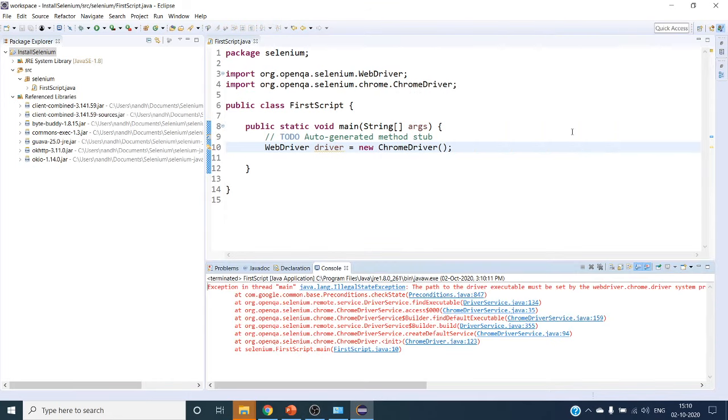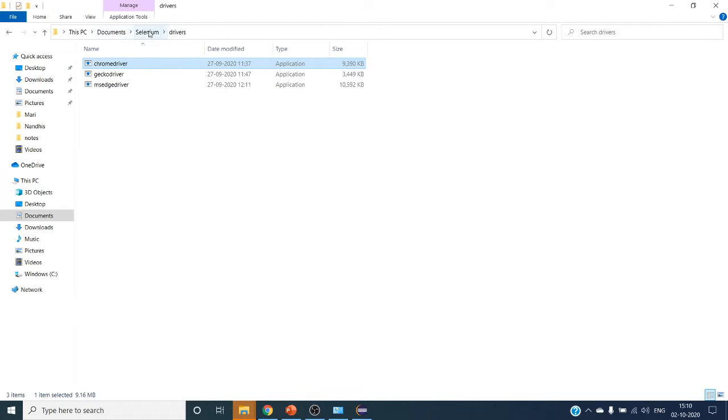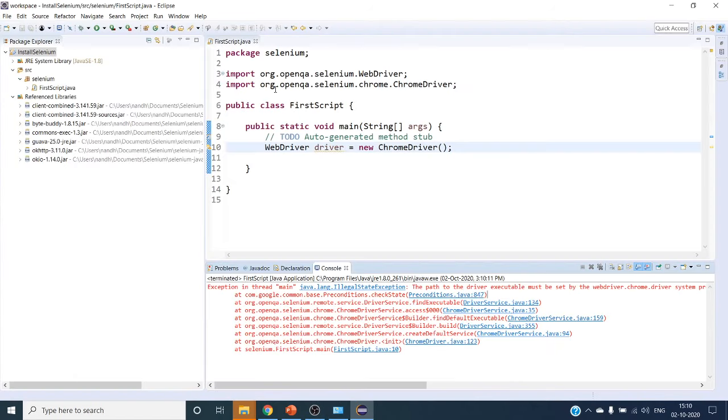We can see that we are getting one error. You will usually get this error: illegal state, the path to the driver executable must be set. If you remember, we have downloaded our driver and kept it here, so we have to set this up.